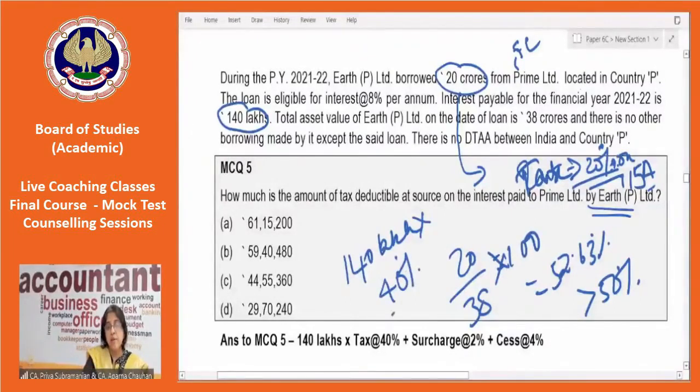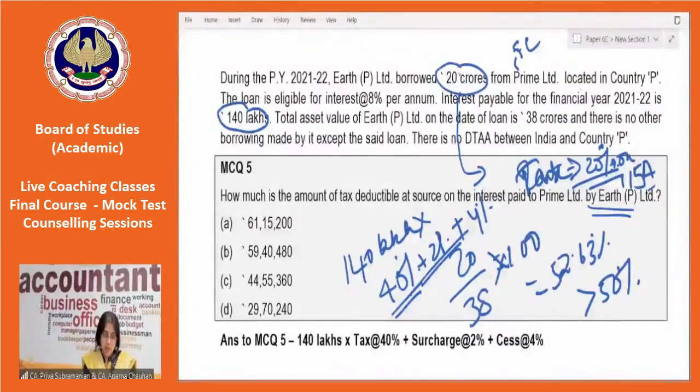In case of a foreign company, it's 40%. And 140 lakhs is higher than 1 crore, but it's lesser than 10 crores. So surcharge will be at 2% and cess will be at 4%. I hope it's understood. Had they given it in foreign currency, the rate of tax should have been 20%. So now it's 40%. So 40 into 1.02 into 1.04